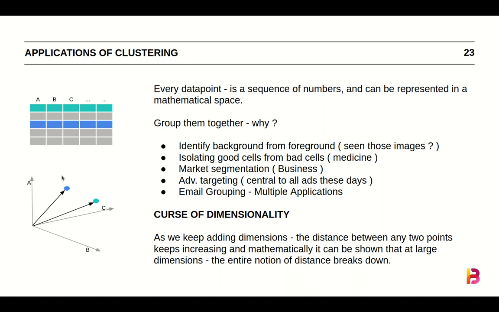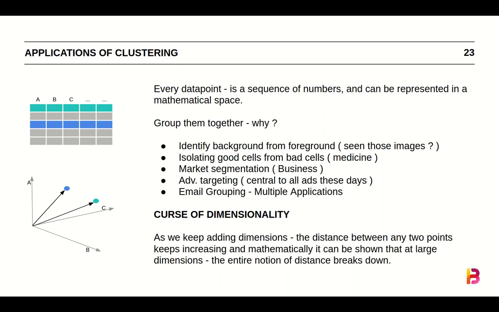So if I put these two dots on 2 dimensions and calculate the distance, it would be the square root of (x2 minus x1) whole square plus (y2 minus y1) whole square. If I add a third axis, it would become (x2 minus x1) whole square plus (y2 minus y1) whole square plus (z1 minus z2) whole square, under root. Because of the additional terms, it has an effect of increasing the distance. Though the separation is not actually increasing, just because we have an additional dimension, mathematically the number has inflated. Our representation of the distance has increased.